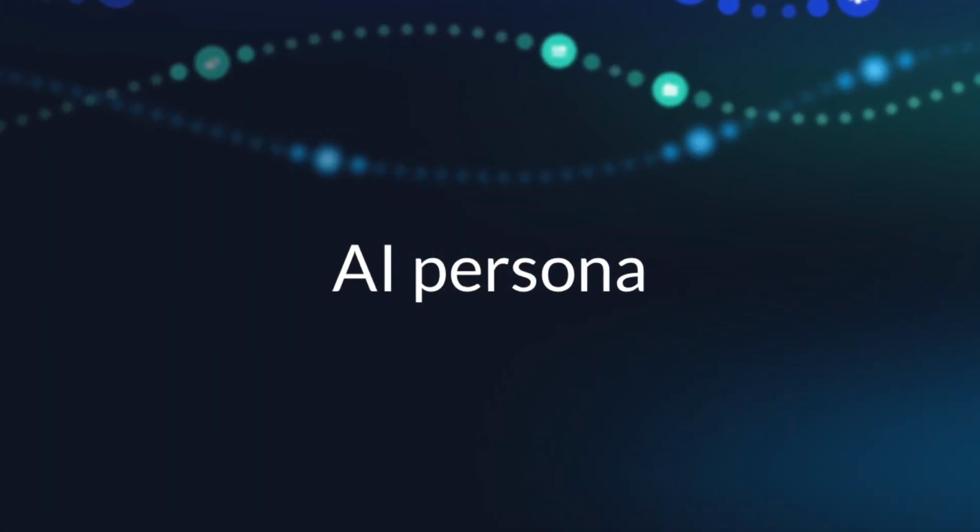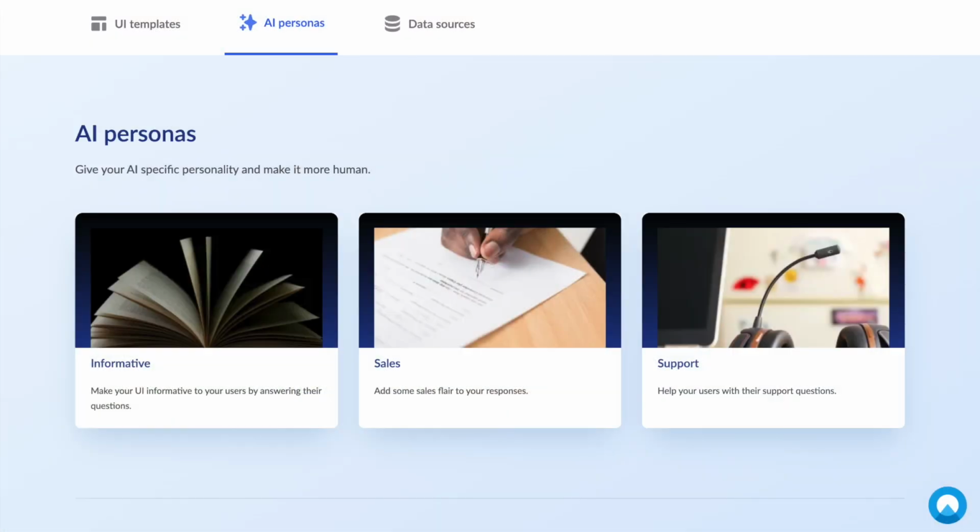Next up is the AI persona. When explaining our vision, a big part of our narrative was how a salesperson could sell much better than a website because they could tailor their message to fit the person they are talking to. And there's a reason that someone in sales versus customer service talks to customers in different ways, because they have different goals and are approaching the user with that in mind. Similarly, you can configure your AI to have a persona by choosing one of the options: informative, sales, or support. Should your AI focus on helping users, or should it increase conversion? This will impact the way they communicate with your users.